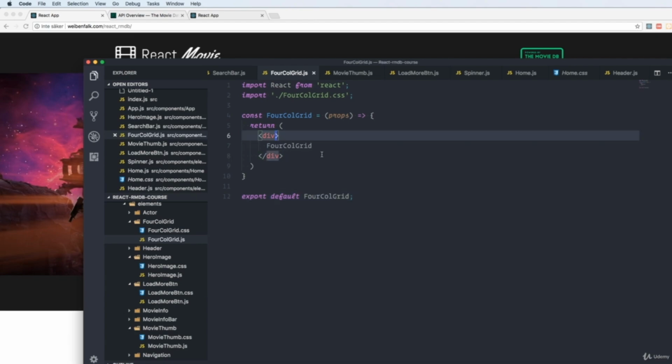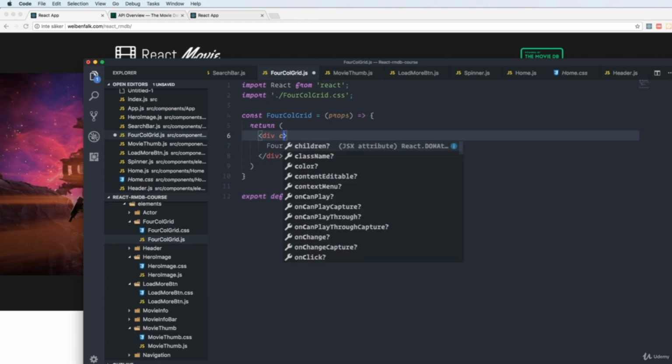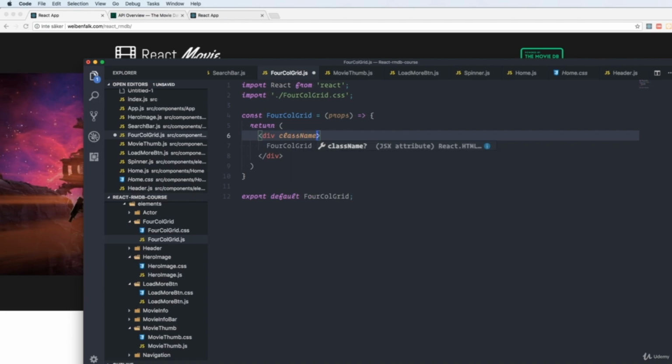And we start, as usual, by giving the wrapper div a class name. And we'll name it RMDB grid, like this. We also want to show a header before the grid, and this header will be based on if we're doing a search or showing the most popular movies. So we check this by going to props.header,